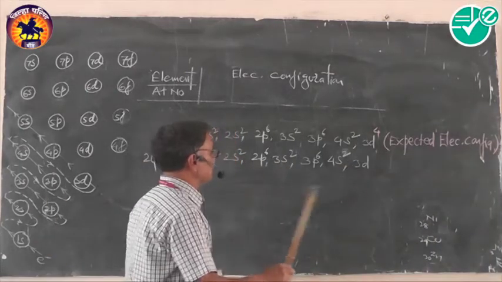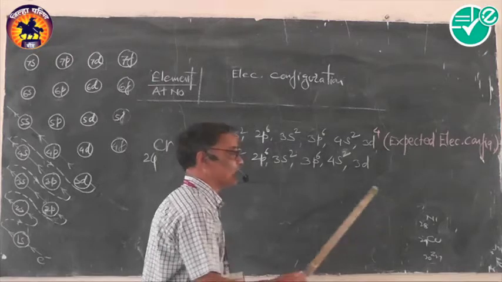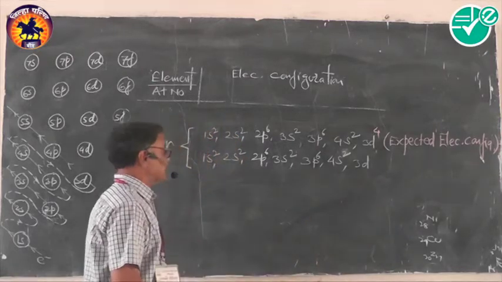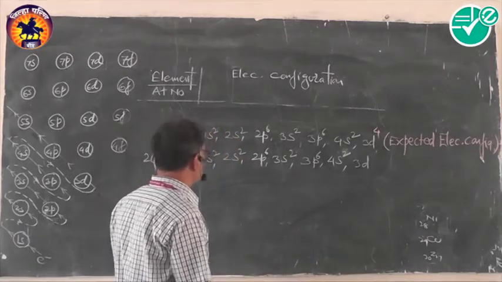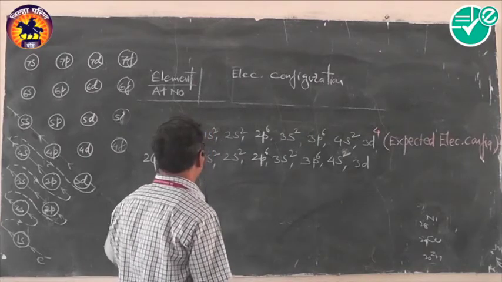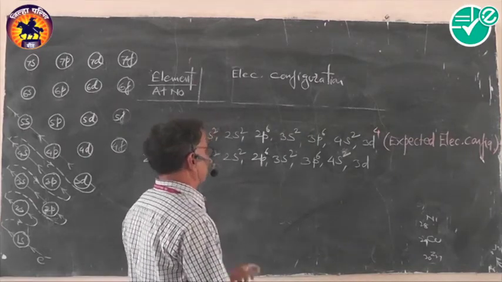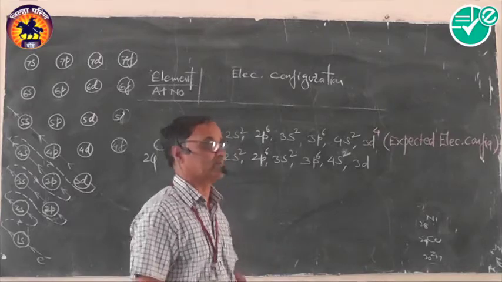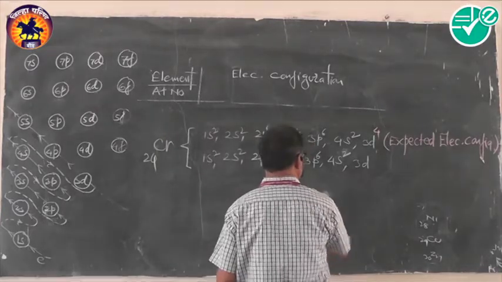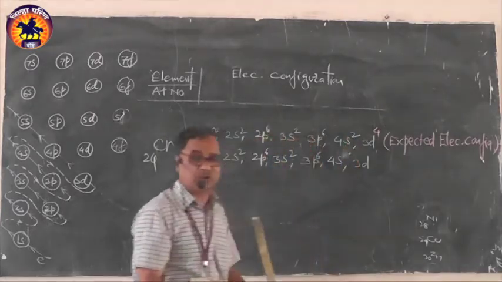This is the electronic configuration expected on the basis of the Bohr principle. But in actual practice, while taking part in a chemical reaction, chromium shows a different electronic configuration, and that's why, in order to give stability